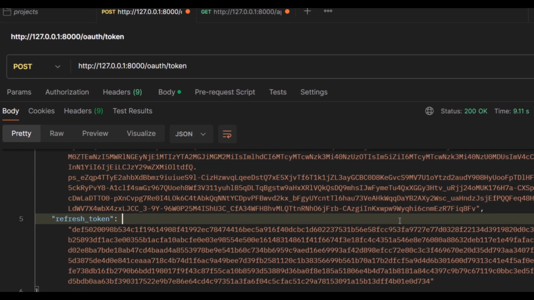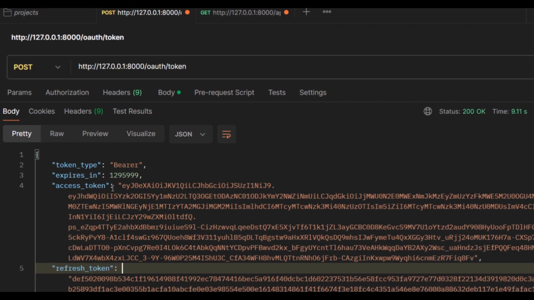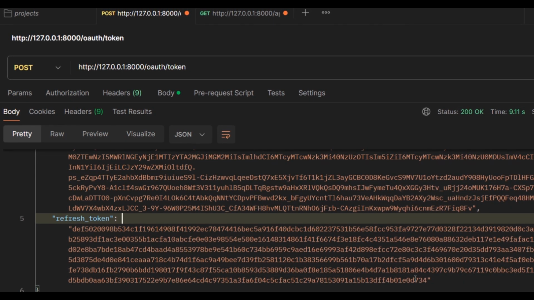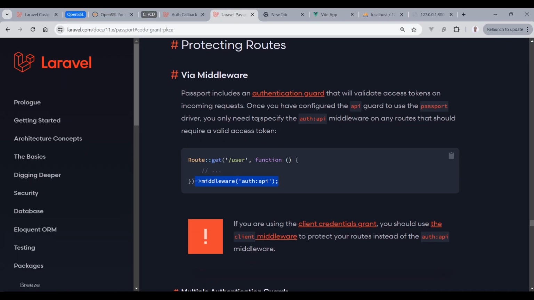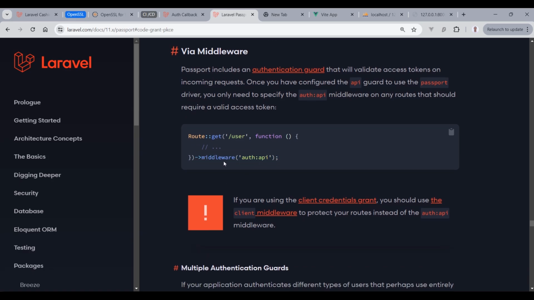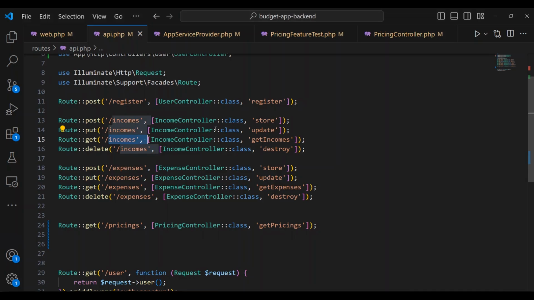Now, guys, as we already got the access token and refresh token, now we need to protect our routes. We're gonna move to the section protecting routes, and here, in order to protect our endpoint, we are going to add this middleware. I'm gonna copy the current API, and then here, if we get into the API.php, you can see that all our endpoints are not